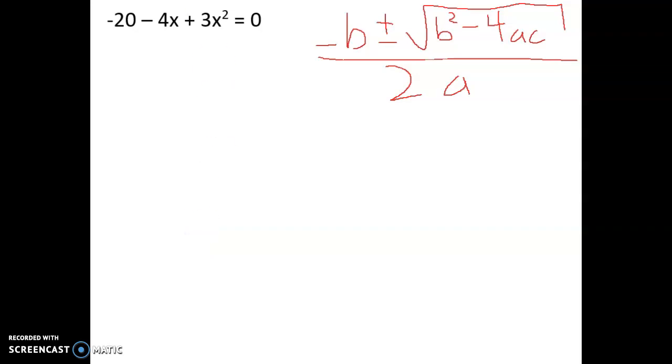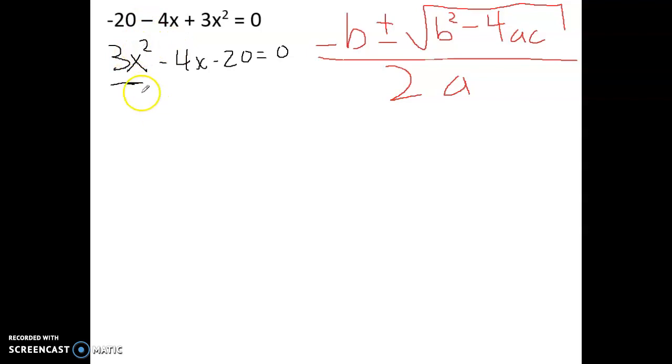This first problem here is a quadratic equation, and all that means is that the largest exponent we have is a 2. We call those quadratic equations. I think it's easier if you rewrite it with the largest exponent first. Make sure you get all the signs the same. You don't have to, but I'm just rewriting the same thing and putting the largest term first, the one with